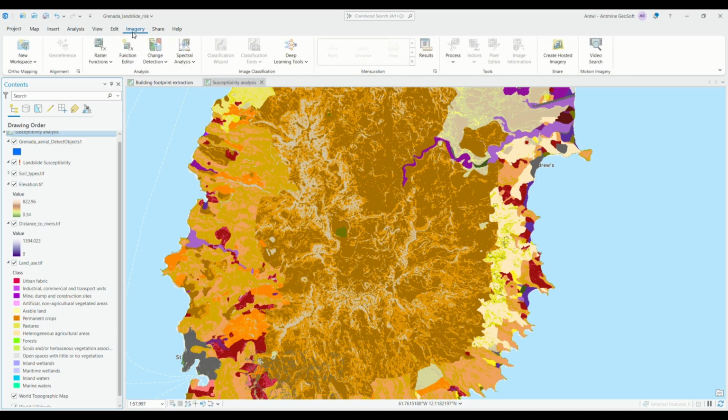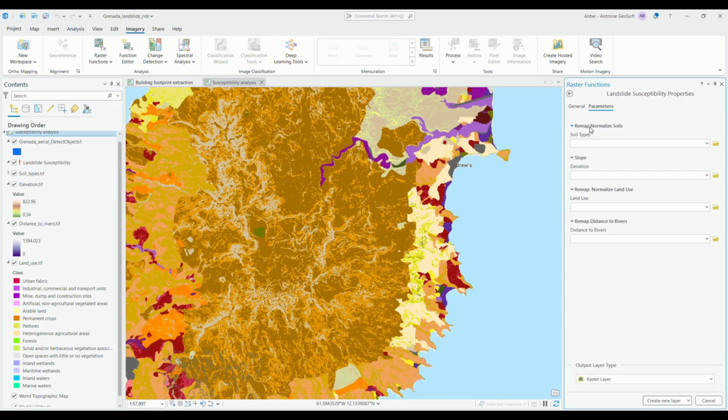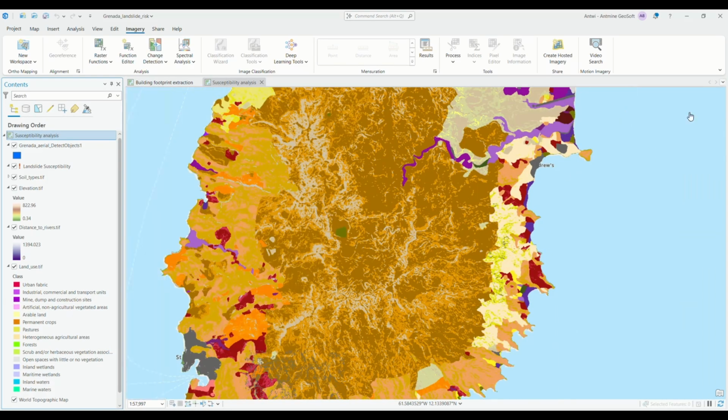So you go to imagery, raster functions, and then we click on raster functions again. So this is what we will be using: soil types, the slope, the land use, and the distance to rivers. This is what we will be using. But before that, let's close this. So the next thing that we want to do, for us to understand the function that we'll be using, is the same raster function. Click on the raster function,